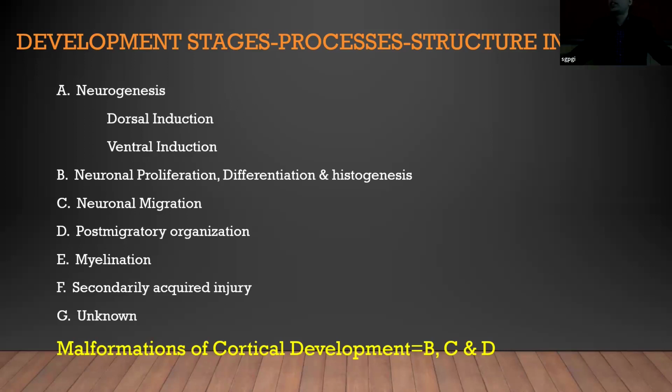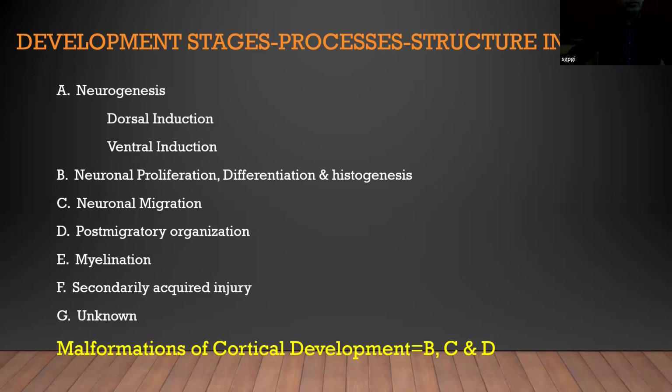These timelines are very simplified from my side. If you look at the books, you may find a change of 1 or 2 weeks. So what I've done is 8 weeks of neurogenesis, 8 weeks of neural proliferation, differentiation, and histogenesis, and 8 weeks of neural migration. You can remember this for your purpose. It is not exactly so rigidly fixed. And then from 16 to 24 weeks, after 24 weeks till 2 years of age, post-migratory organization is happening